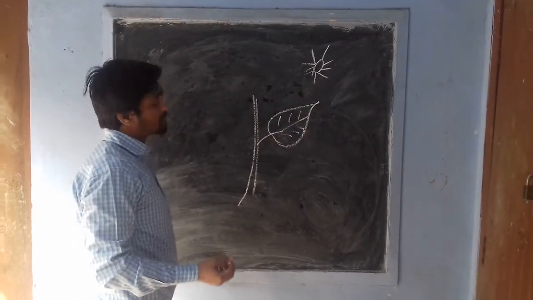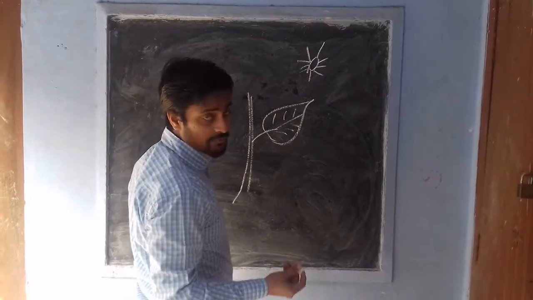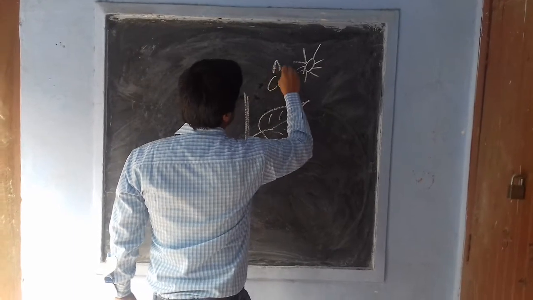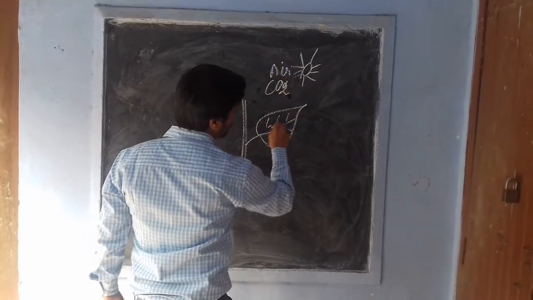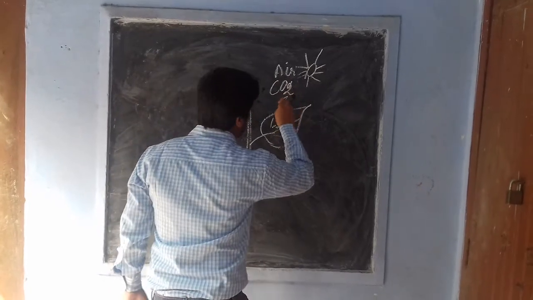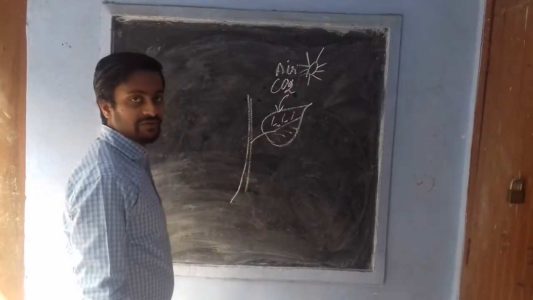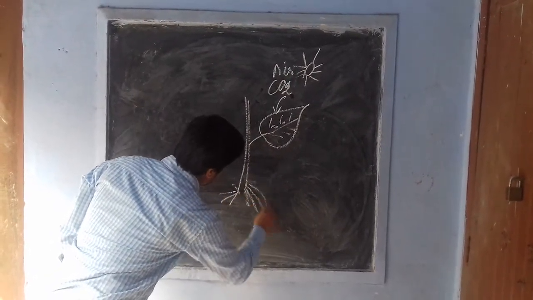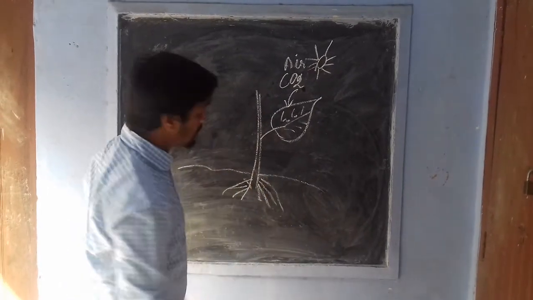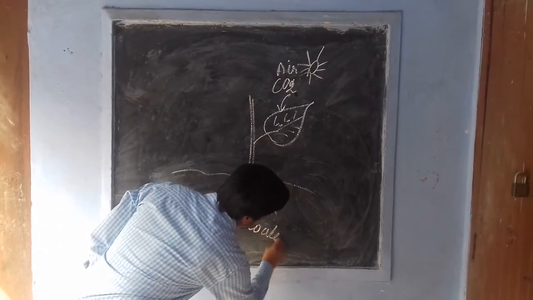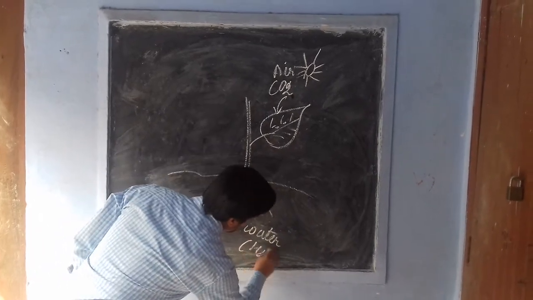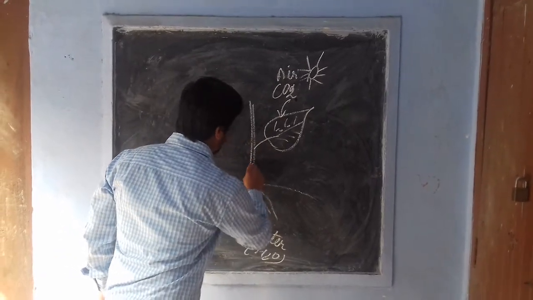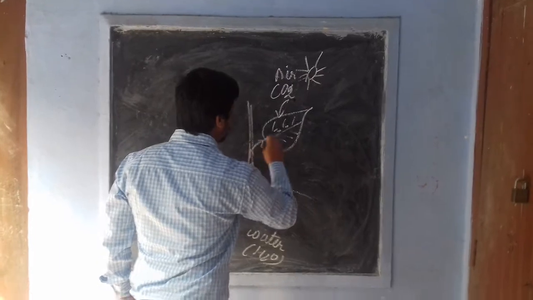We know that the second thing which is necessary for photosynthesis to take place is carbon dioxide. This carbon dioxide is present in the air. Through small pores which are present on the surface of the leaf, this carbon dioxide diffuses inside the leaf, while the water which is needed for photosynthesis is absorbed by the roots of the plants. The water so absorbed is transported upwards to the leaves.